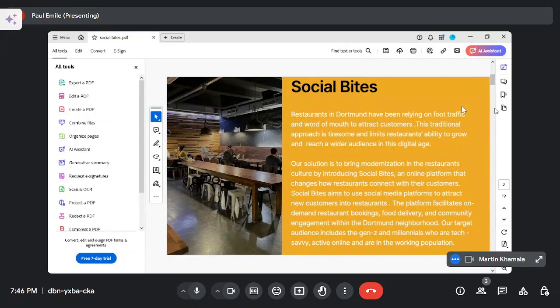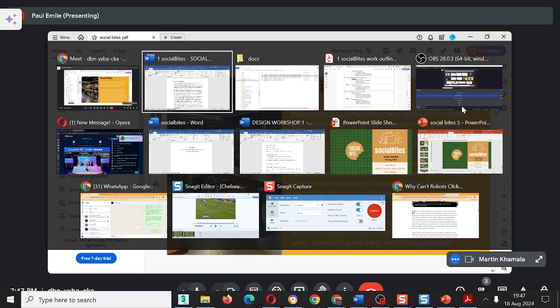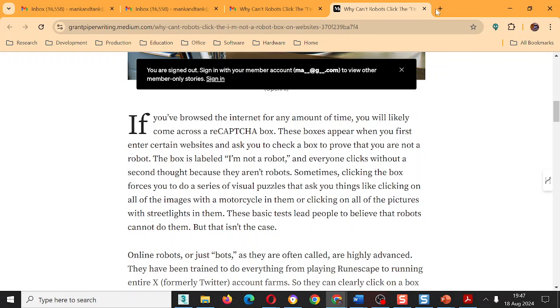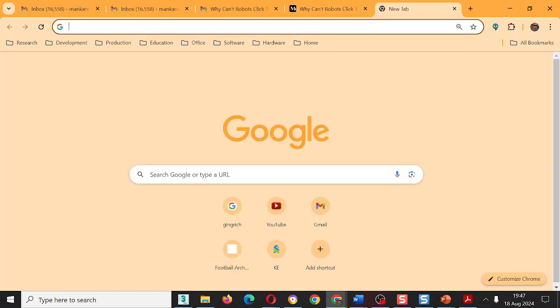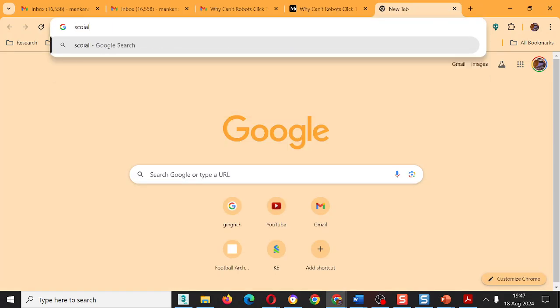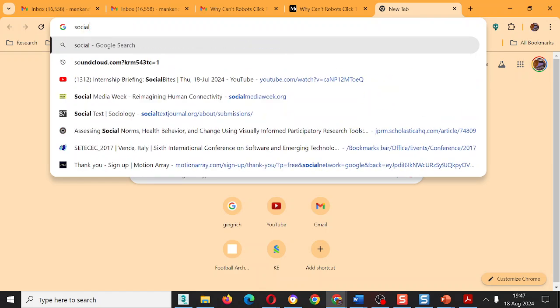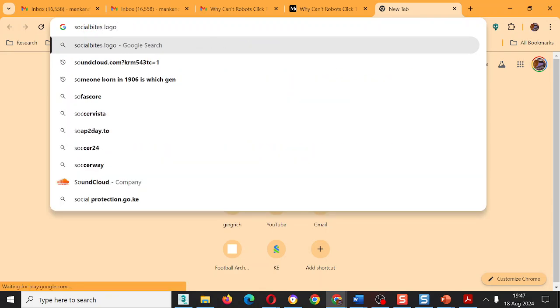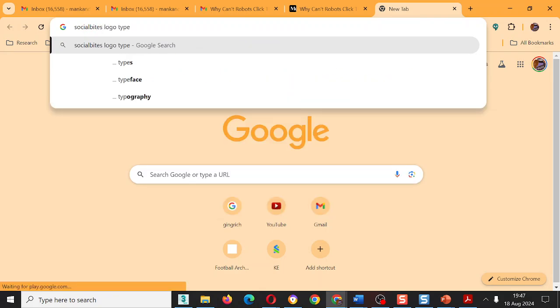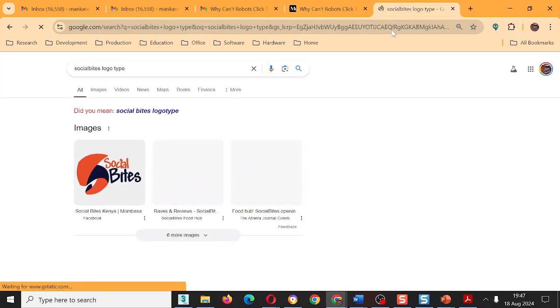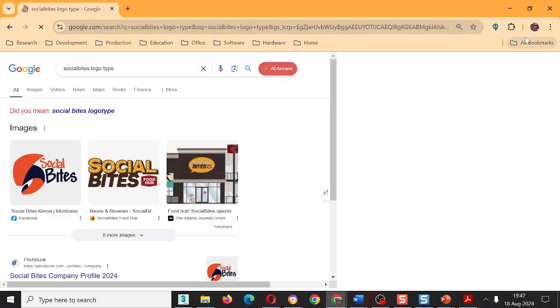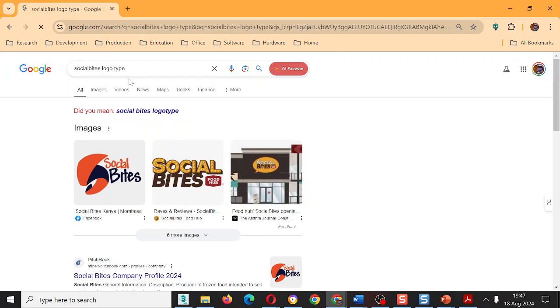So to solve this problem, we are introducing Social Bites, an online platform that changes how restaurants connect with their customers. Social Bites aims to use social media platforms such as WhatsApp, Twitter, Gmail, Snapchat, Instagram to attract new customers into restaurants. The platform facilitates on-demand restaurant bookings, food delivery, and community engagement within the Dortmund neighborhood.